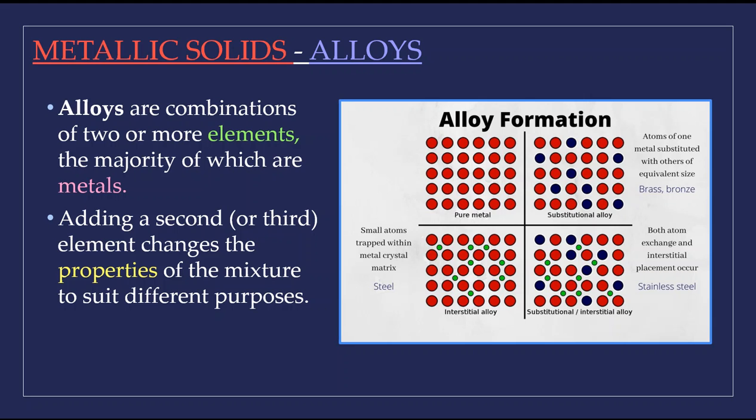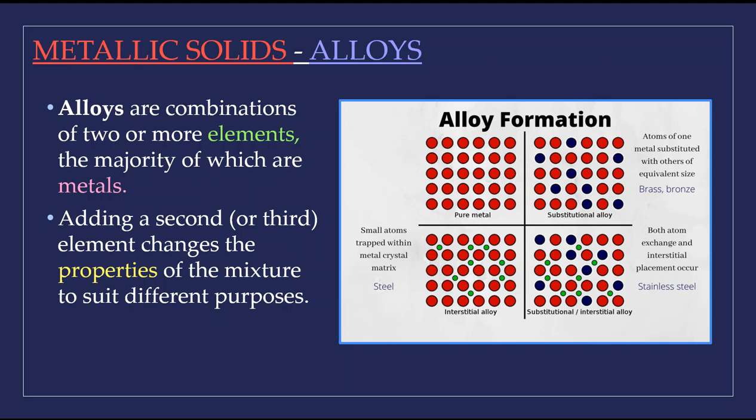Going back over alloys, a type of metallic solid. Alloys are combinations of two or more elements, the majority of which are metals. Adding a second or third element changes the properties of the mixture to suit different purposes. So there are many alloys out there, and they continue to create more based off of different purposes, what they need them for. And you will notice that there are a couple different types of alloys based off of the